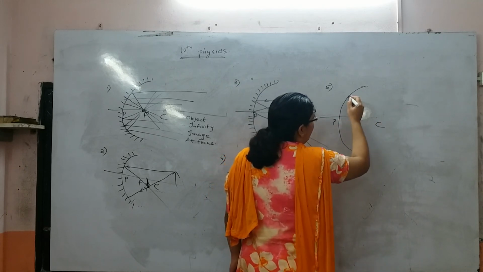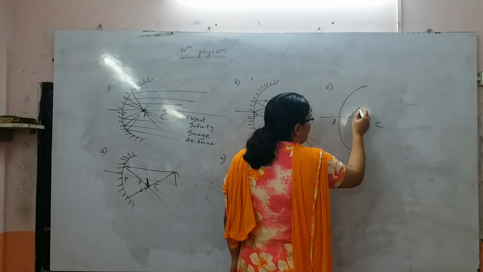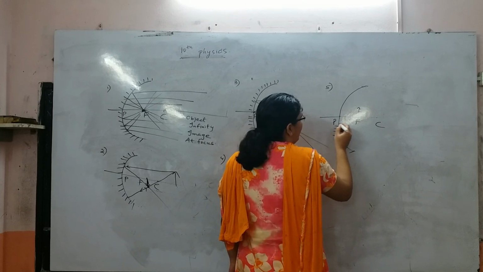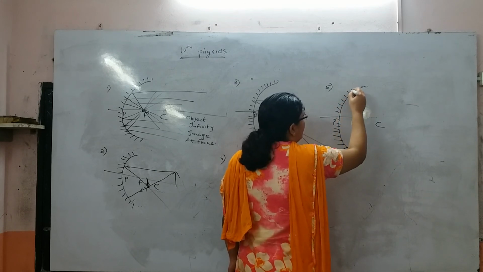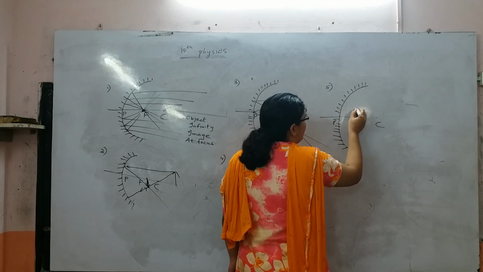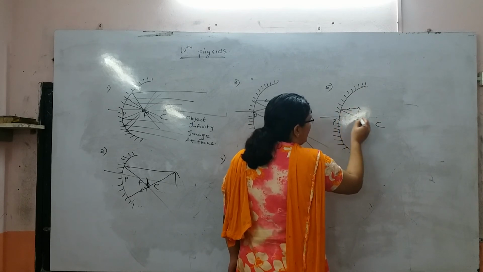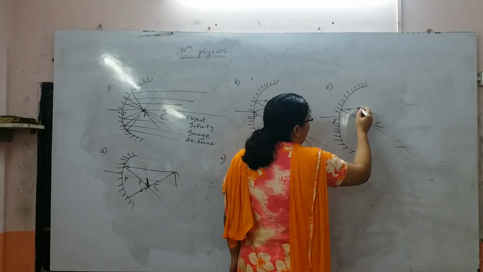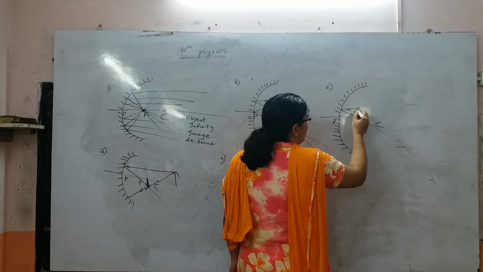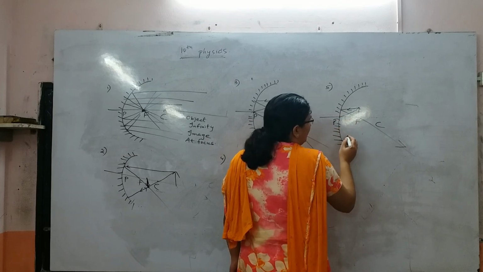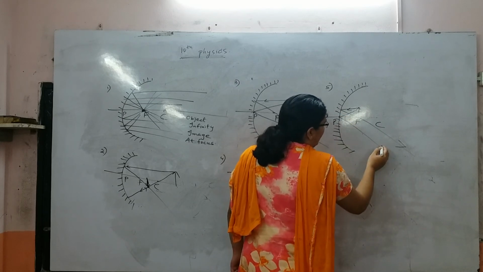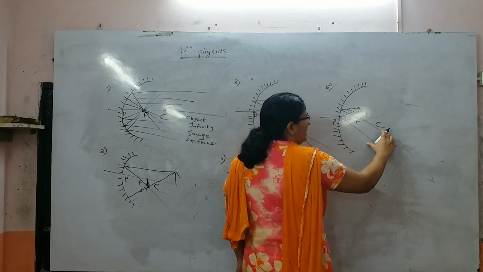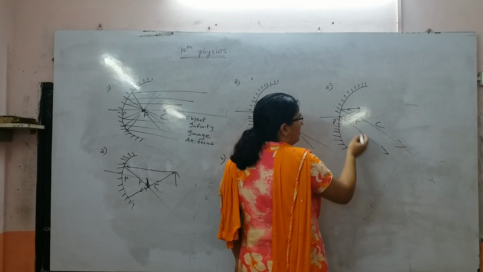Let us discuss case 5. PFC. Now we are keeping an object at F. Once again I will take two rays, one parallel to the principal axis, it will pass through focus. The next one is incident on the pole. The image is formed at infinity because these two rays are parallel, they never meet. So the image is formed at infinity.